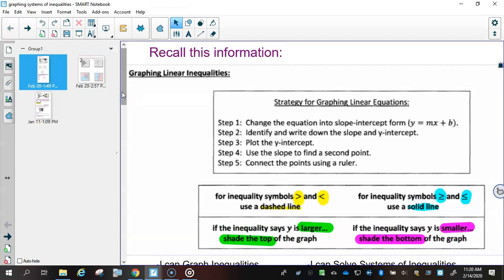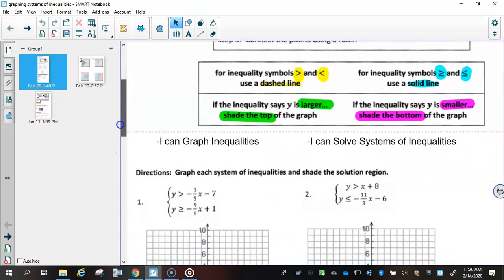So the same thing that was on your graphing linear inequalities is up here. So that means we're going to do the same thing. Remember that system means more than one, so we are now graphing 2 of them on the same graph. Everything that we were talking about with inequalities, if it has a less than,